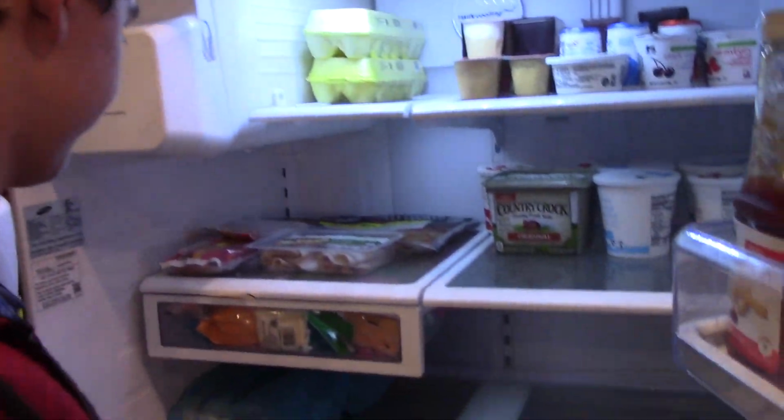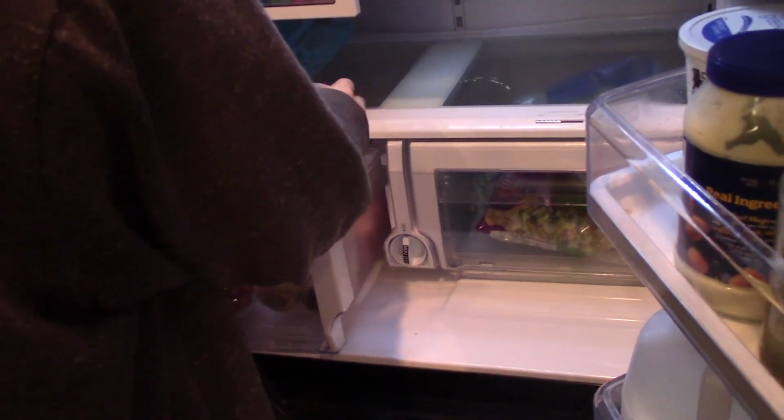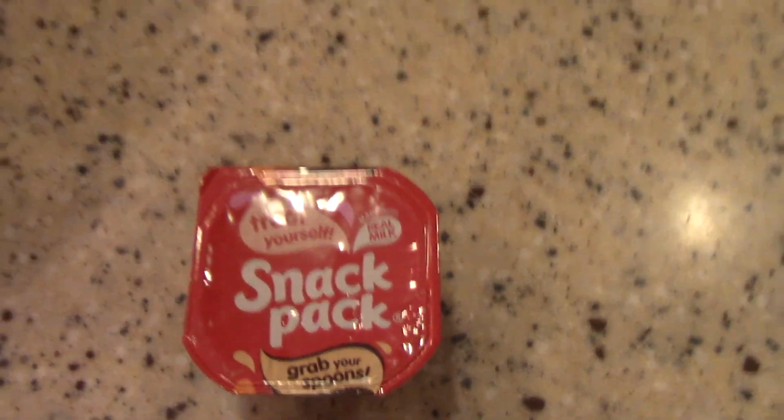What's in here? You could do a kiwi. I would like to do a kiwi. Really? Okay. Kiwis are good stuff. Alright, so far we have plastic, the kiwi, baked beans, classic Catalina, and some butterscotch pudding,